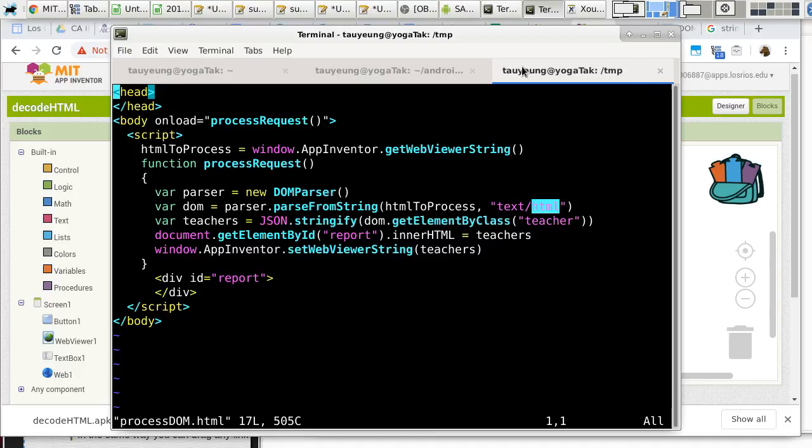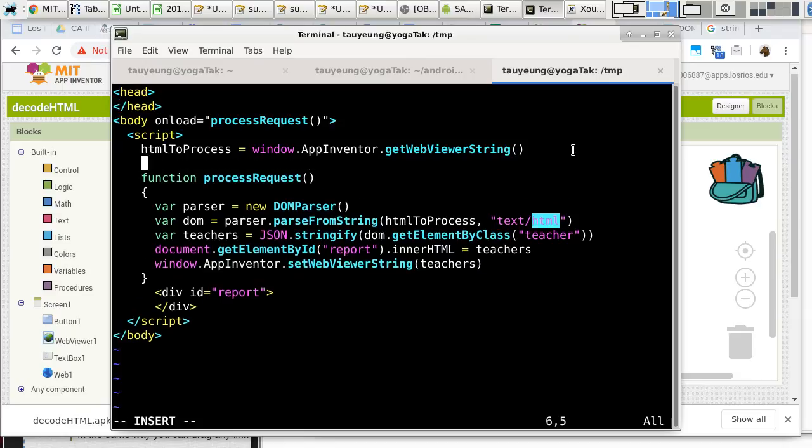So HTML to process is getting the web viewer string. That's working, right? I suspect so. That's what we just saw, isn't it? No, that's something else. So to debug this portion, that's good. We can now specify. So to debug this portion, this is what we can do. So we can say